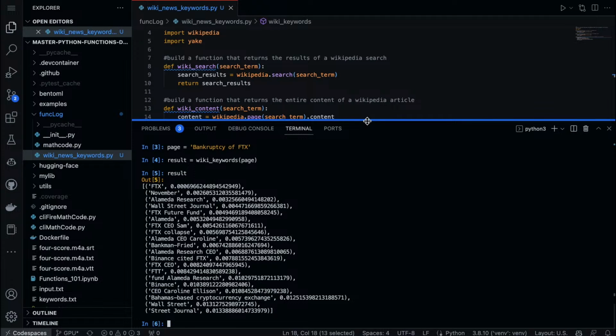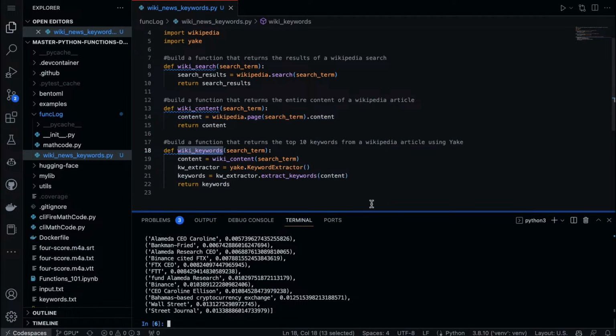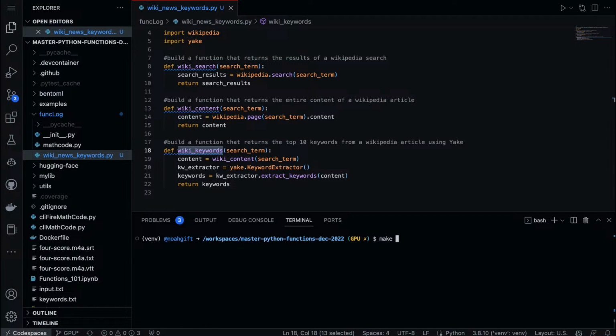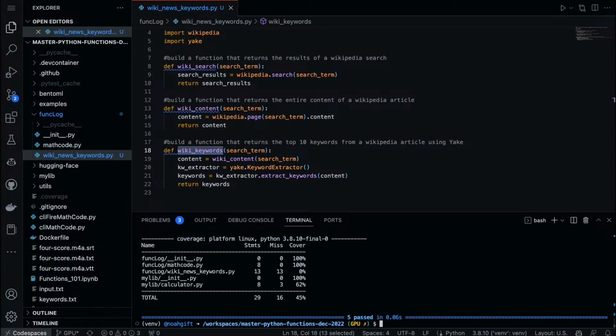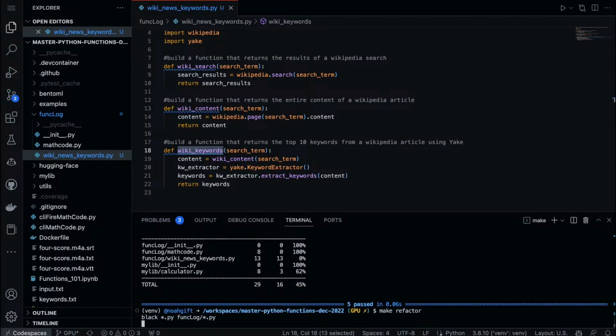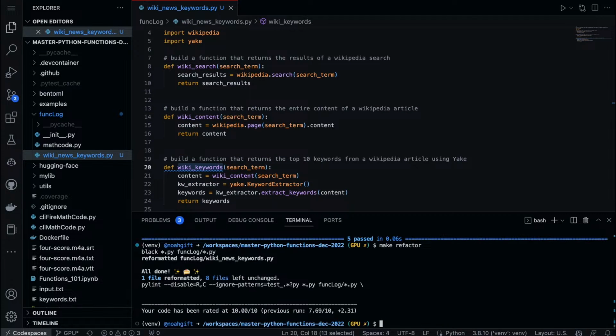and we could do all kinds of fun things with it, and I don't know, build out other natural language processing things like sentiment analysis, or entity extraction, all kinds of really cool stuff. But we can start off with this first, and it looks pretty good. And we can go back now to this and just say make tests. That looks good. We could add some tests in the future. We could say make refactor.